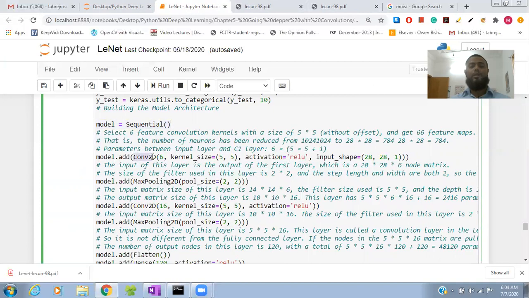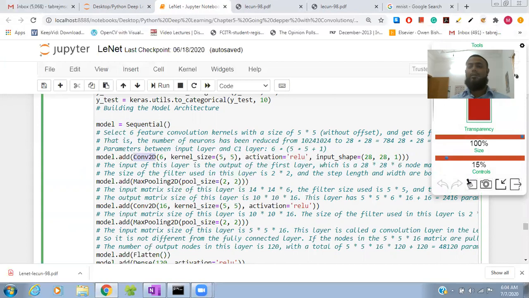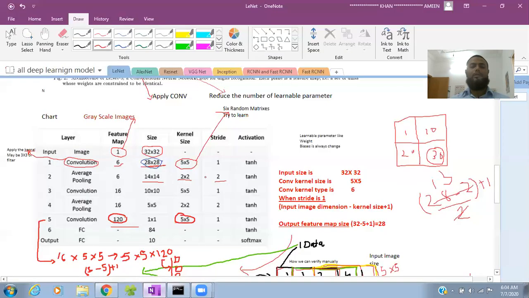They use the convolutional layer here, and the activation function, we just changed it to ReLU. The input size is this one and the kernel size is 5 cross 5. If you see this table, 5 cross 5.